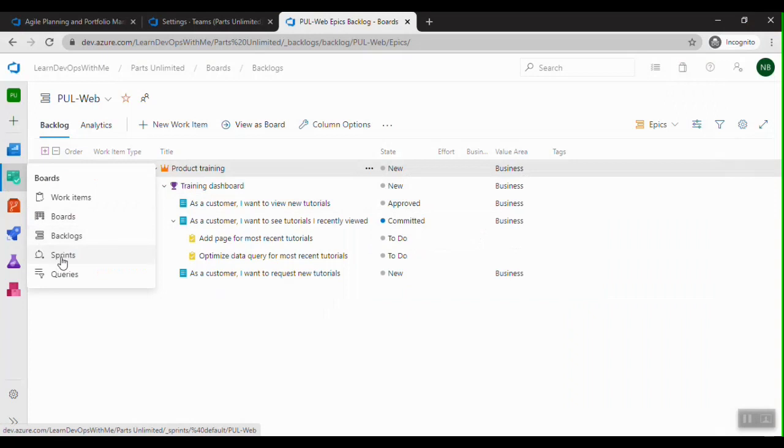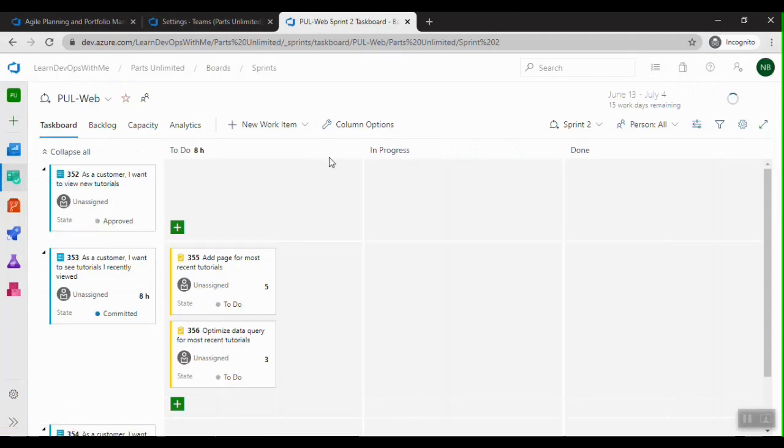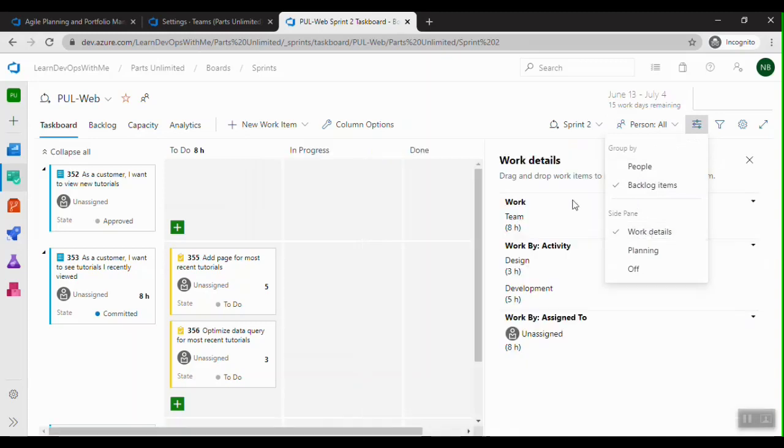Let me go to the sprints here. Under the board section we have sprints, and you can see here, let me click on the work details. So I can see for the PBIs we have tasks, and each column like To Do, In Progress, Done, and you can see there is a summation of the remaining hours shown in each column, and even for the PBI, and it's easy to change here. I can just change it.